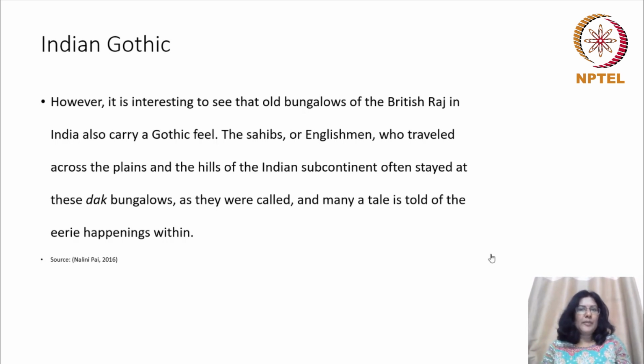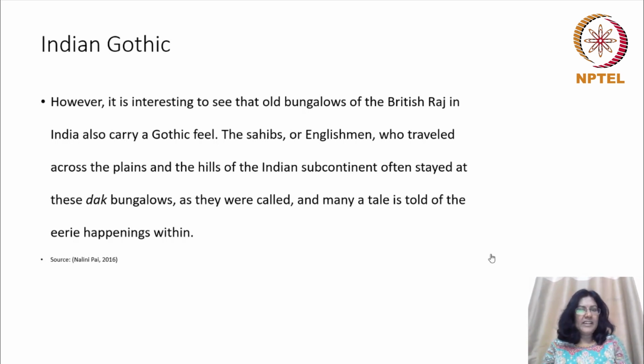The old bungalows of the British Raj are ideal settings for a Gothic narrative. In these dark bungalows, which are usually not very much inhabited and rarely occupied, many strange happenings are